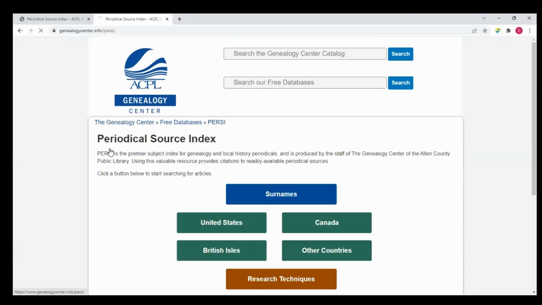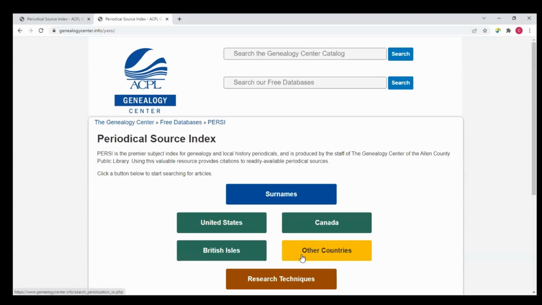The last location of these 4, and I know we've gone through these quickly, but I really hope I'm encouraging you to play. It's free. You can use it anytime. It is kind of sort of mobile friendly, kind of sort of. We try to tweak and improve every day. But oh my gosh, if you're at home and you have insomnia, or you're at home and you're feeling particularly genealogically mischievous, and you just know today you're going to find something for your particular family research that enhances your story and again puts more flesh on the bones of your ancestors. Oh my goodness, PERSI's a thing for you.